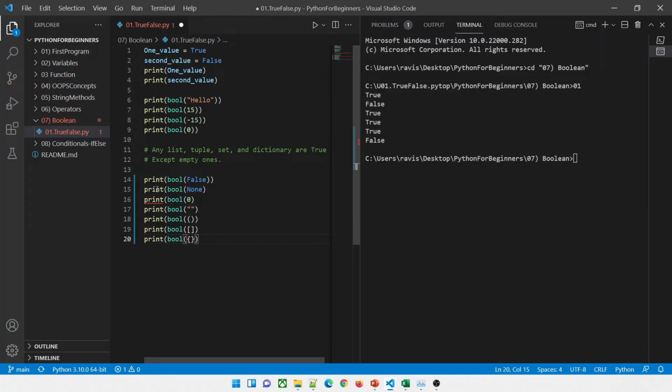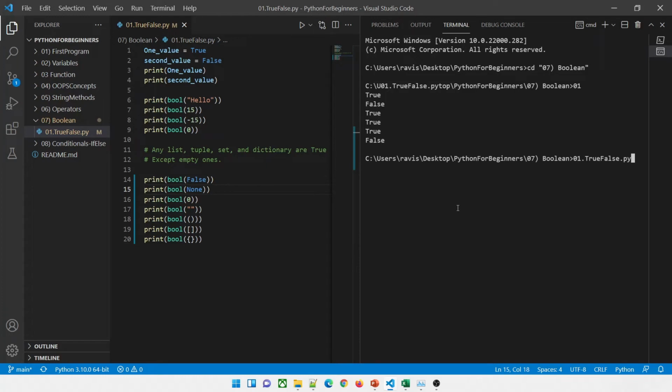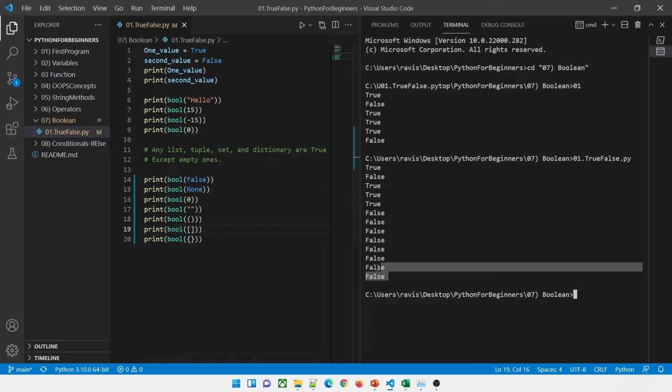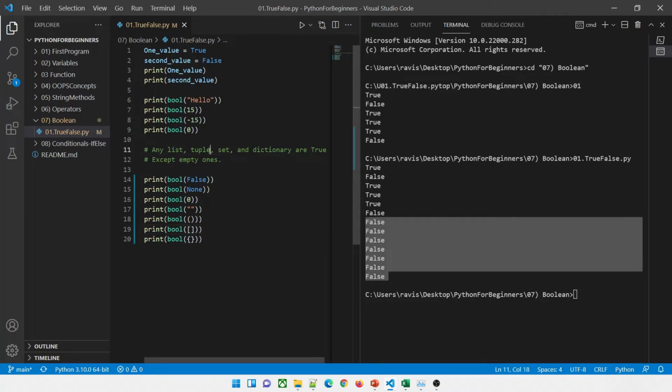Now let's close this. The scope has to be closed, my bad. Let me copy this as well, go to the top, and paste it here. Perfect. Now let's run this program again and see how it works. You can see that all the last 7 values are false. Why? Because any list, tuple, set, or dictionary is true except the empty ones, and these are all empty. So that's how this function works.